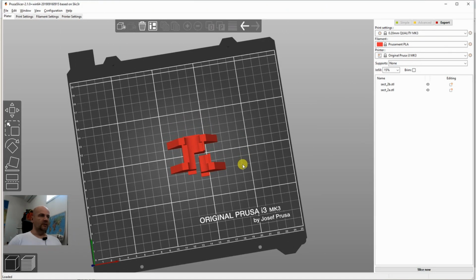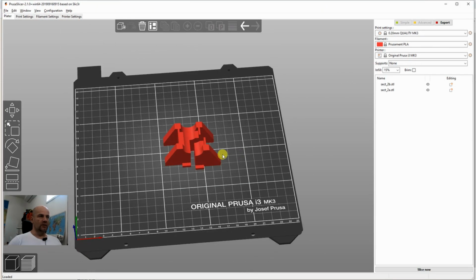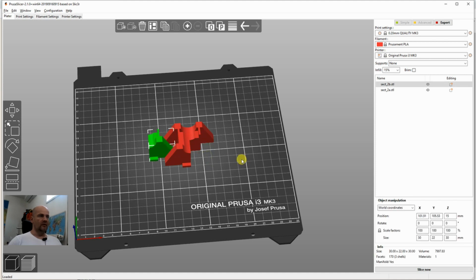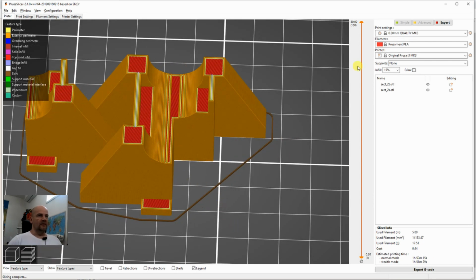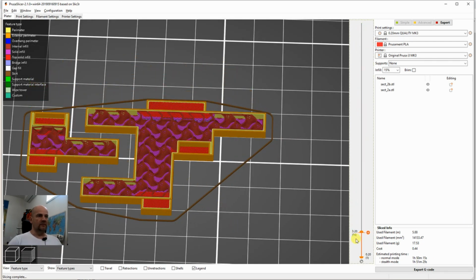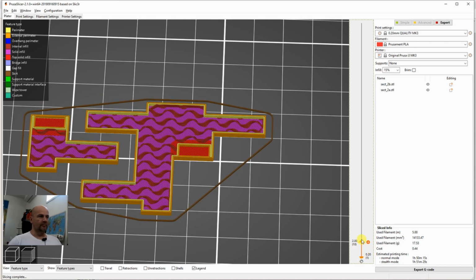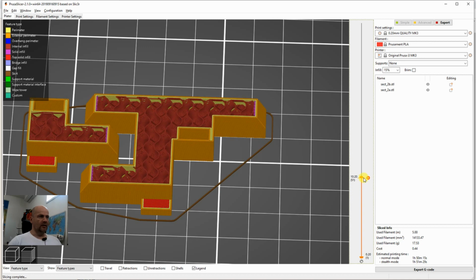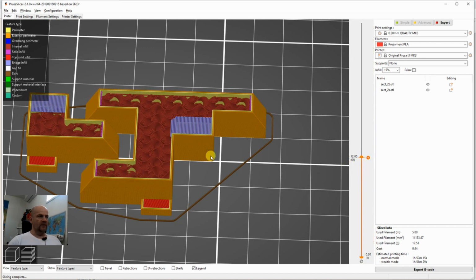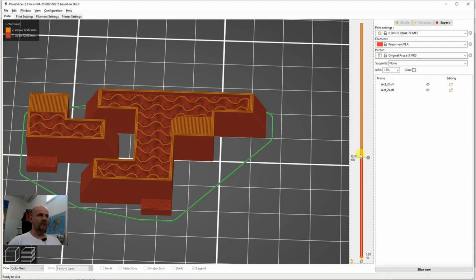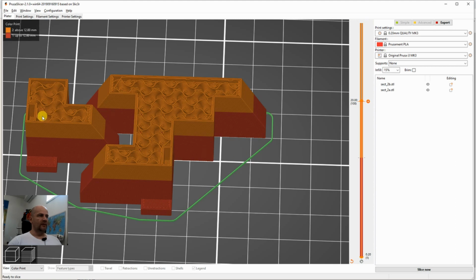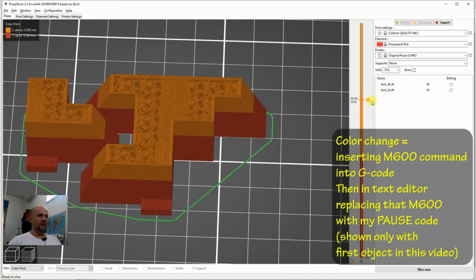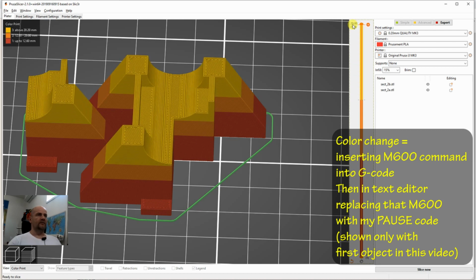These are my objects, but I don't want those magnets to be too close to each other until the printing, so I will move this part here. And then I have to analyze this and insert those color changes, which will be basically just a pause, to stop the printing. This will be the first moment, and this is the hole for the next magnet. When is it closed? Here. And the rest will be printed.